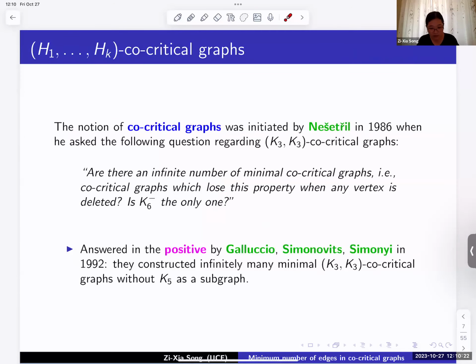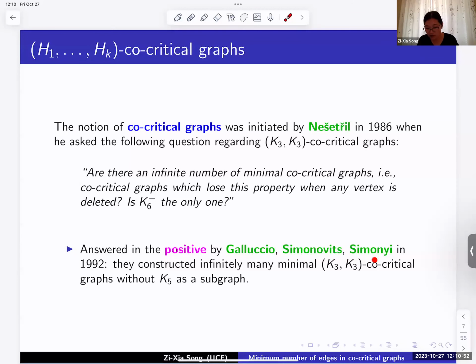Now, this definition here actually was initiated by Nešetřil back in 1986. And he was asking here if there are an infinite number of minimum co-critical graphs. His co-critical means K3 co-critical graphs. Now he's not sure if K6 with one edge removed is the only one. Now to the first question here,